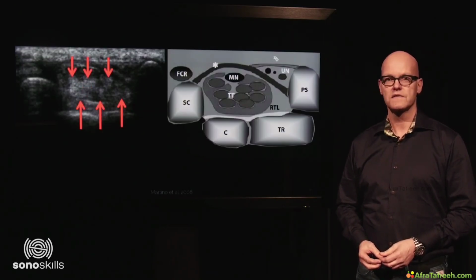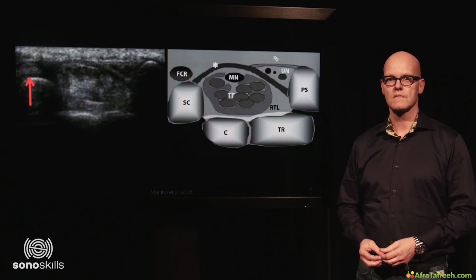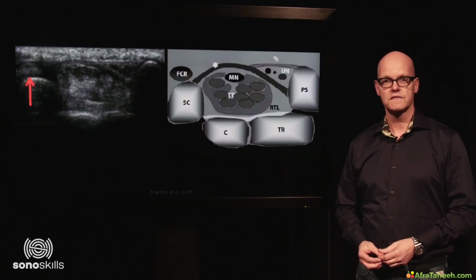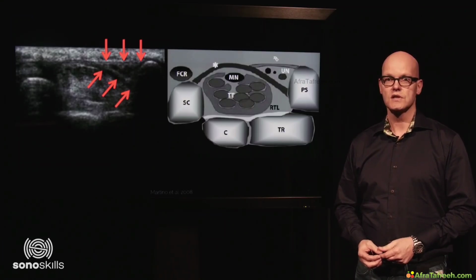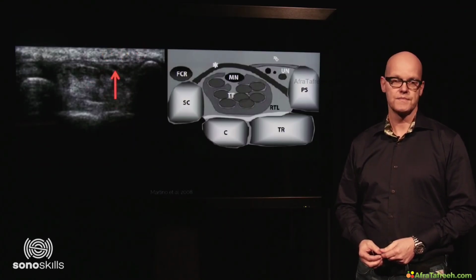The flexor digitorum superficialis and profundus tendons and the tendon of the flexor pollicis longus. On the radial side, the flexor carpi radialis tendon. And of course, on the ulnar side, on top of the transverse carpal ligament, we can see the ulnar tunnel containing the ulnar artery